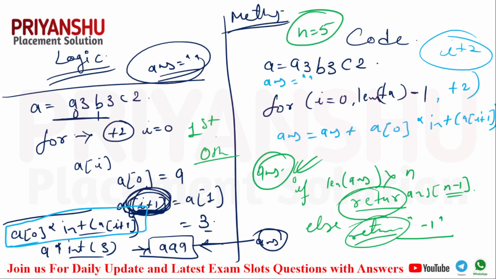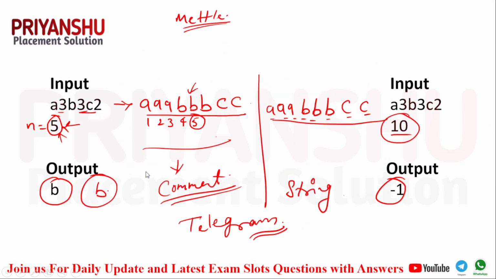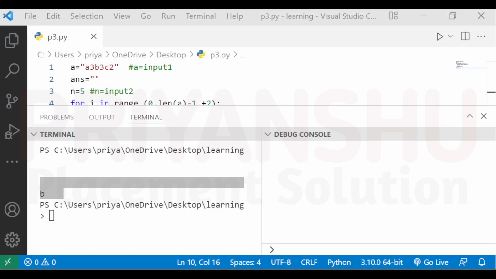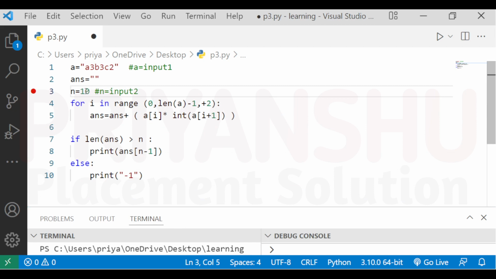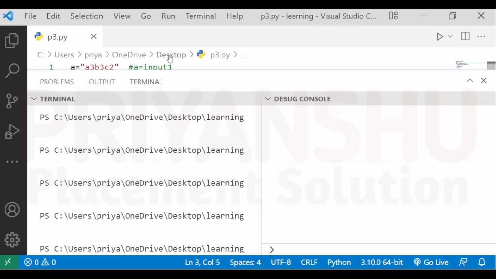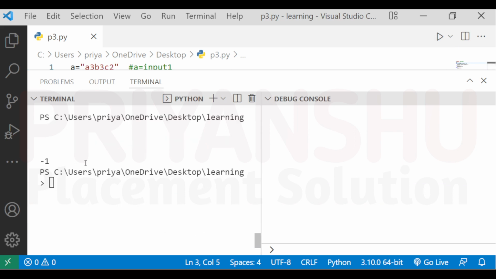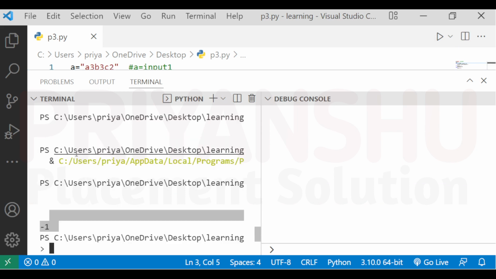next example, that we have, the password, take note. Next, we have A3 B3 C2 and the value of n is 10. So let us write that as well. C2, and I think the n value is 10, guys. Clear. And if I run this code, the output is -1, right? So let's check whether -1 is there or not. Yes guys, we got -1 as the correct output.